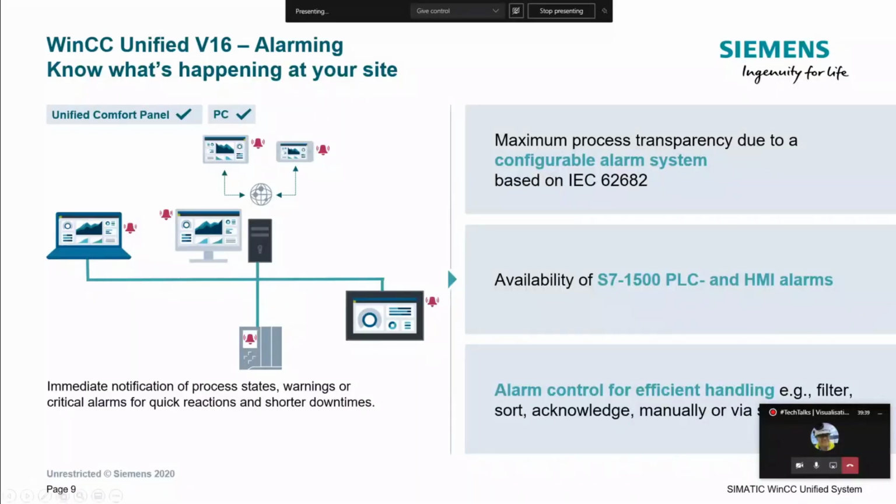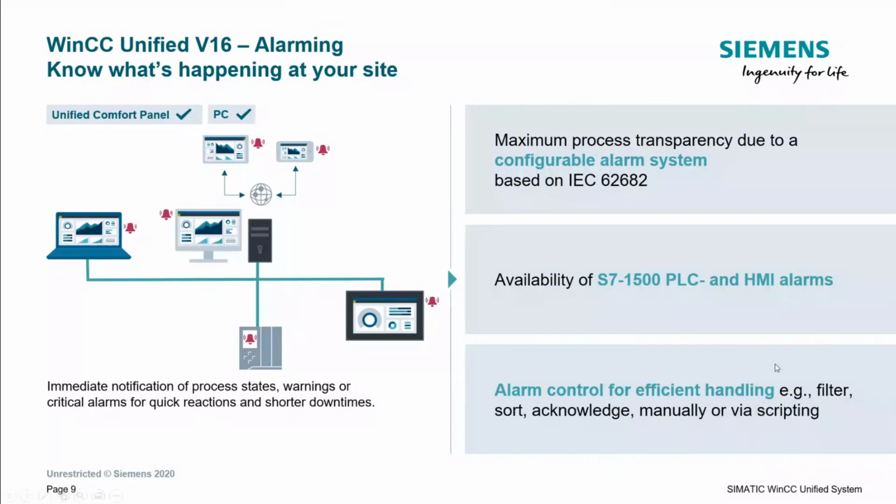So we all know that diagnostics and alarms within TIA Portal is, well, the best in market, basically, and WinCC Unified continues this approach. So with alarming with the WinCC Unified V16, we have the alarming system based on the IEC standard 62682, and this enables us to have immediate notification of any types of process states which are outside of normal parameters. We can get warnings or critical alarms, which enable us to react quickly to these types of states, and also ultimately give us a shorter downtime,